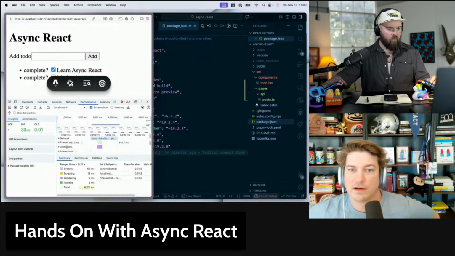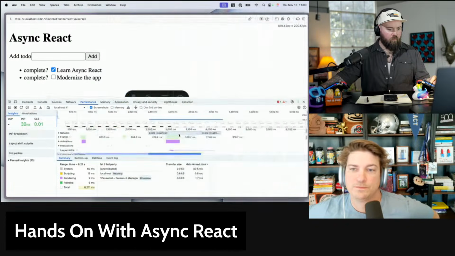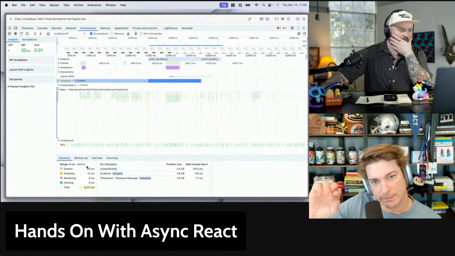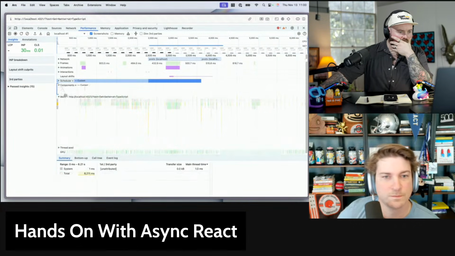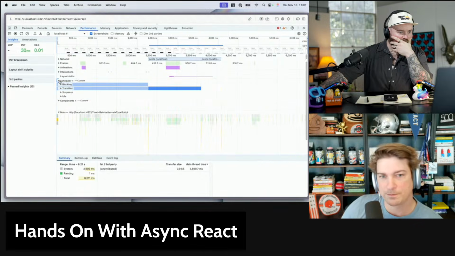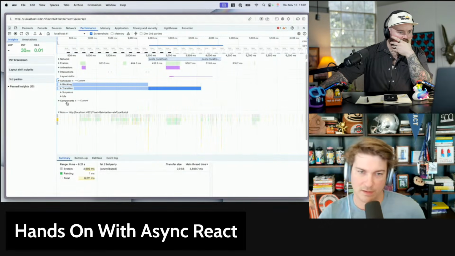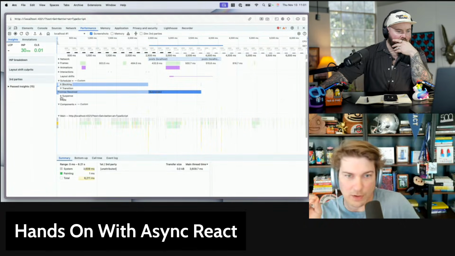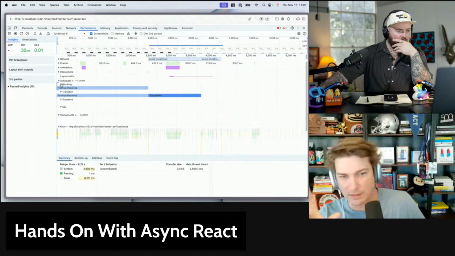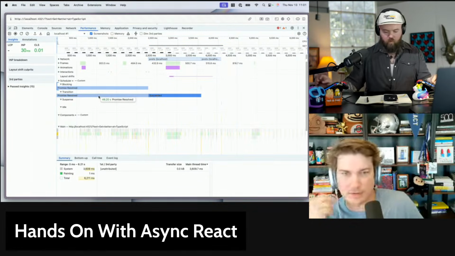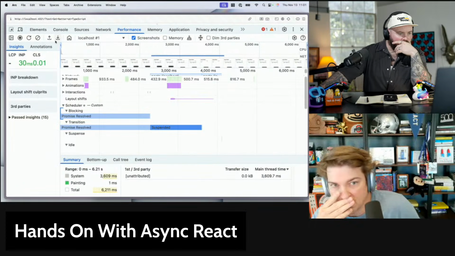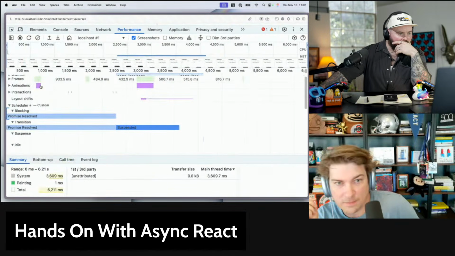Let's take a look here. Let's make it full screen. Okay. Now there's two timelines here in the tracks. One's called scheduler, one's called components. Expand the scheduler. This is one of the features that we shipped in React 19.2, these new tracks showing you what's going on under the hood in React. Can you press Command plus to increase the size so it's easier for folks to see? And you can close that left sidebar with the insights.